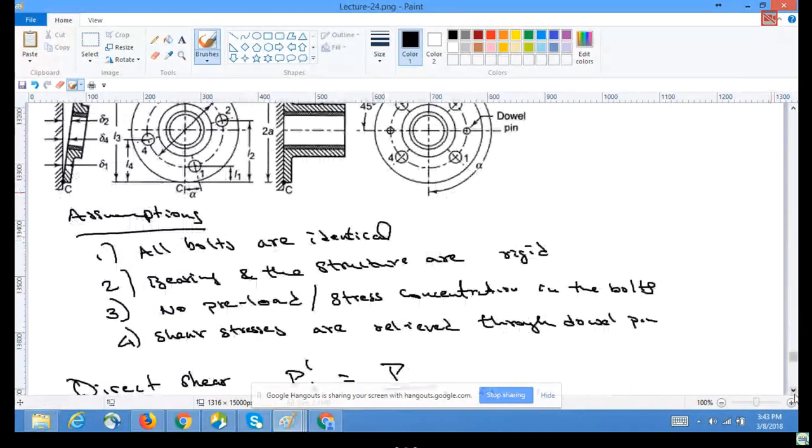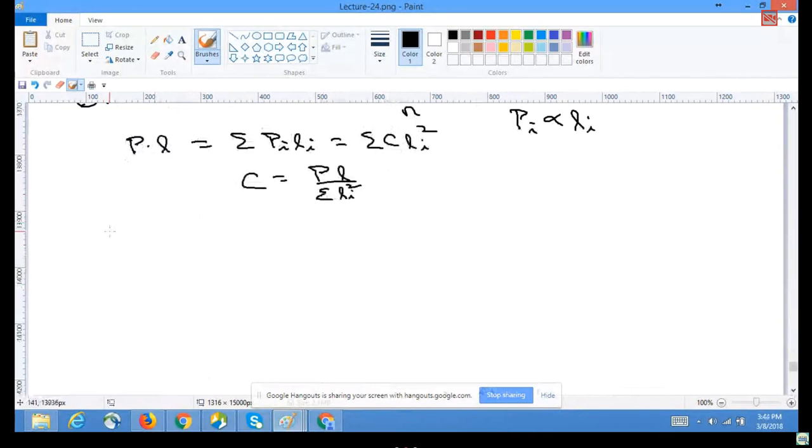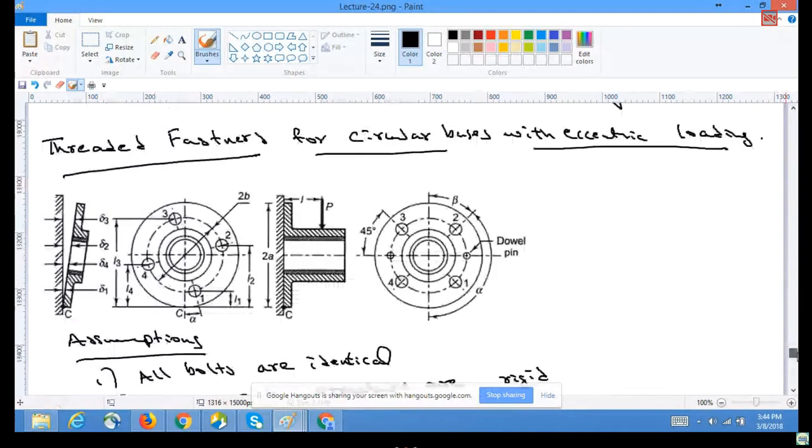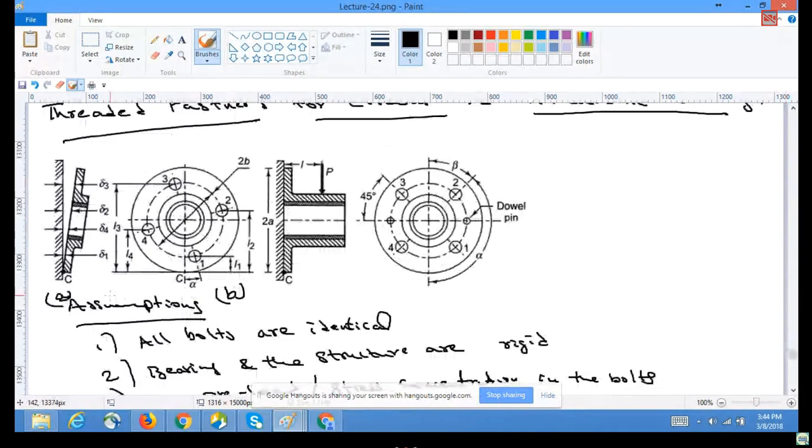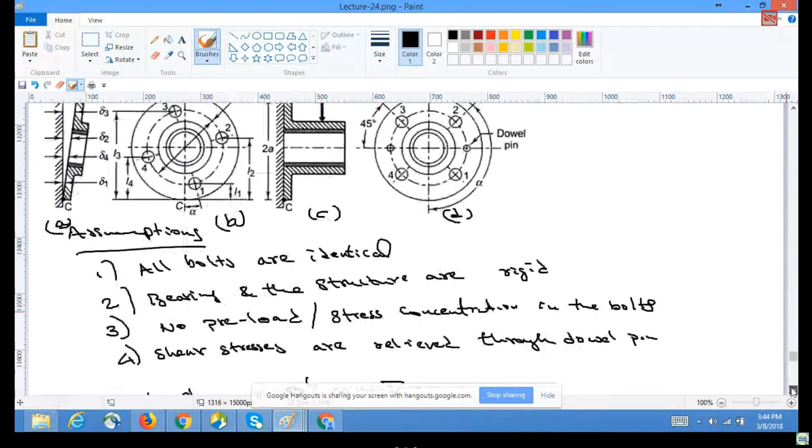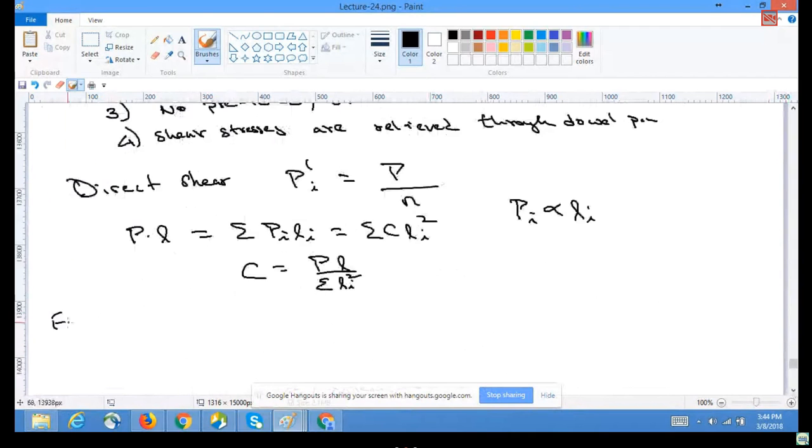So let me call it figure B. This is figure B, this is figure A, this is figure C, this is D. So for figure B configuration,